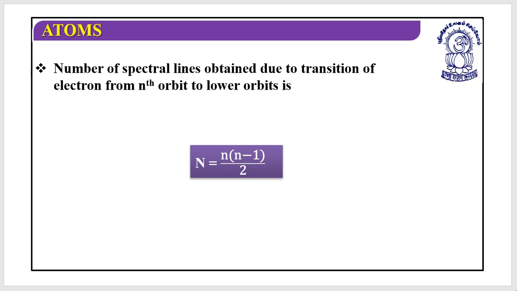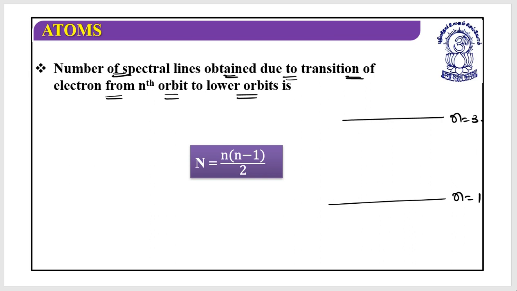So now let's look at the very next applications, but very, very effective applications. Let's suppose I need to find out the number of spectral lines obtained due to the transition of an electron from the nth orbit to lower orbits. It is something like this: suppose this is n equals 3 and this is n equals 1. When I say n equals 1, it's the ground state. So when an electron jumps from this orbit to this orbit,